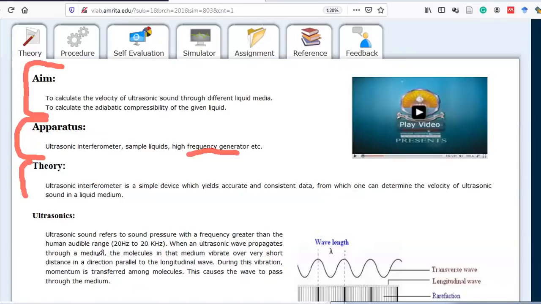Diagrams, if you find that the diagram is easy to draw, then you can make it. Otherwise, if it seems too difficult, then you may leave it, or you may just take a screenshot and attach it into the Word file or into the notebook, whichever you like. Okay, all such details they have provided in the theory part. So now I'm not going into the theory, as I said, you can go through it and explore it more. Okay, I'm moving it down.